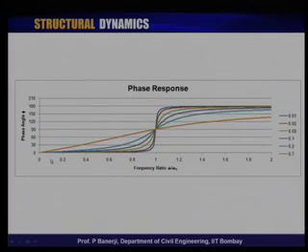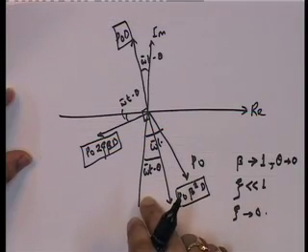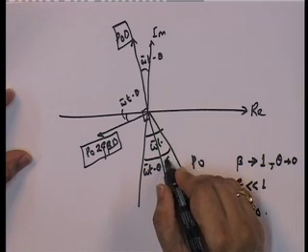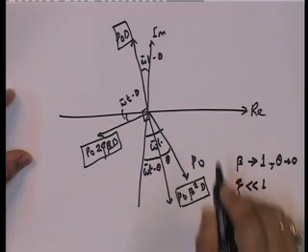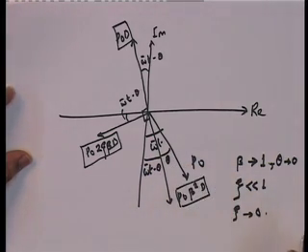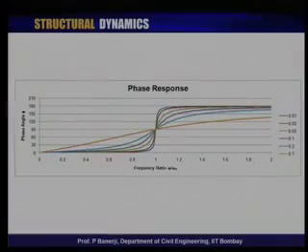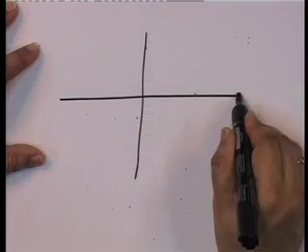As beta tends to 0, what happens to the phase angle? Phase angle theta tends to 0. In other words, the phase lag, this theta, is for all practical purposes 0. So then if I redraw that, what does the diagram look like? The diagram looks like this: